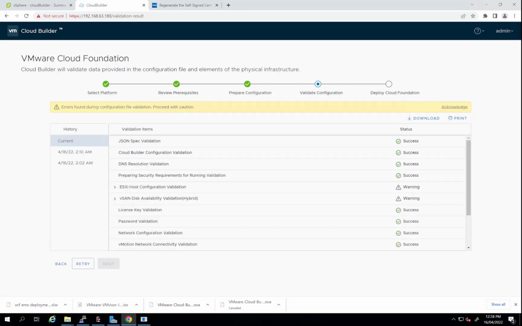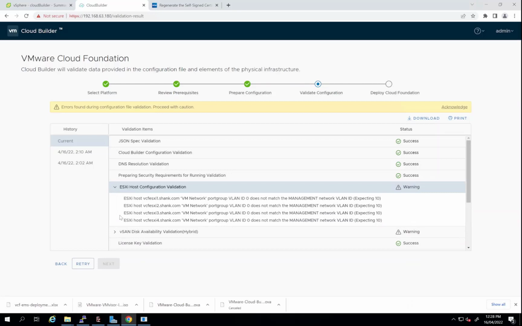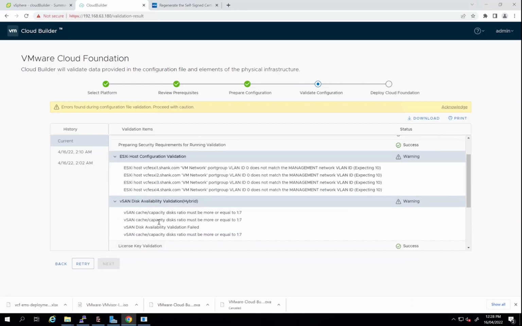Okay, so first set of issues have moved on, and now we've got 2 remaining. So ESXi host configuration validation and vSAN. I'll talk through these a little bit, and then I'll show you how to fix them. So the first one, essentially what it's looking for is for everything to be on the same network, untagged, to